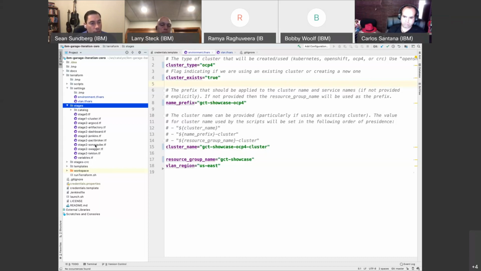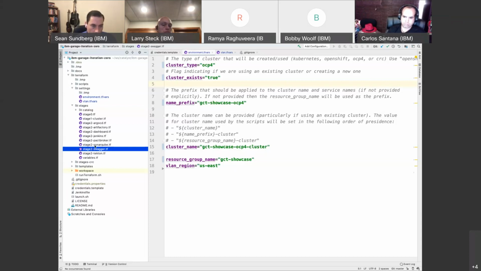If you don't want to do Swagger or SonarQube, you can remove them, just in the same way I just removed those others. The pipelines that we've built are smart enough to detect if the tool is there, and if it is, it will use it. If it's not, it will skip that stage. So like the SonarQube scan, if SonarQube is not installed, the pipeline will know that, and it'll just go on to the next stage and not try to do anything. So you can remove it, but